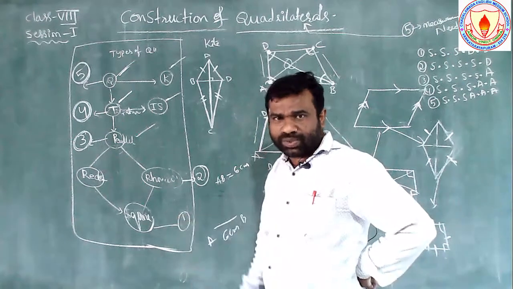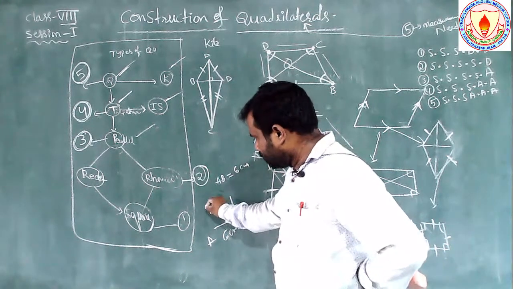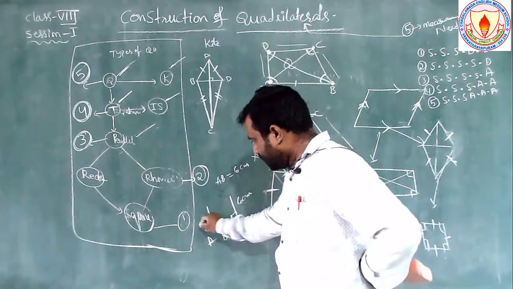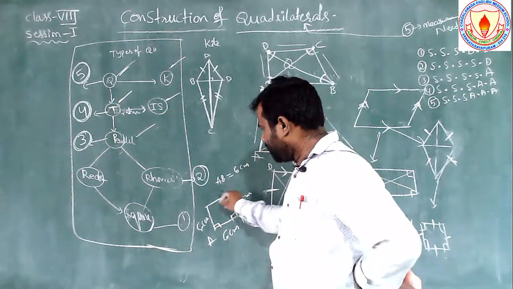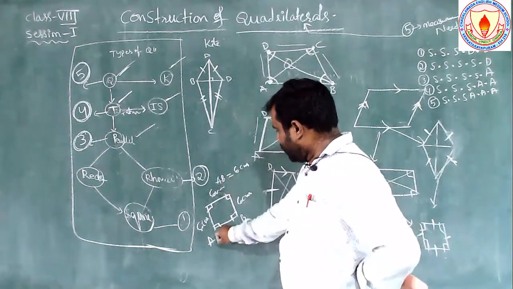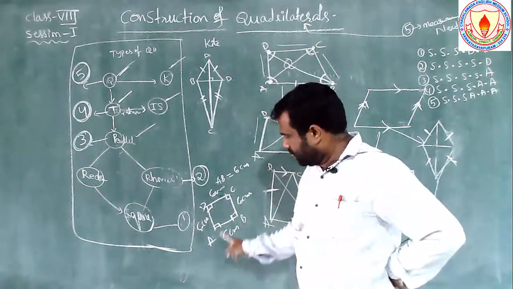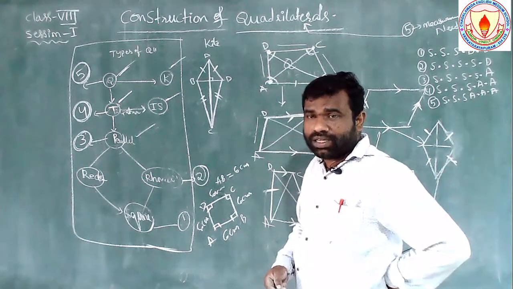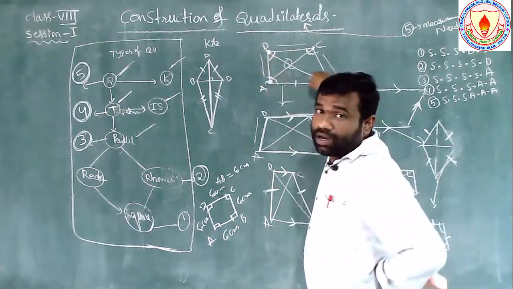Already we know the square has 90 degrees. So draw 6 centimeters perpendicular, again 6 centimeters, and again 6 centimeters, joining them. What happened? 6 centimeters, 6 centimeters, 6 centimeters, 6 centimeters: A, B, C, D. Yes, by using only one measurement we constructed the square. But what I am trying to say is that these drawings are especially for the main quadrilateral. Okay?